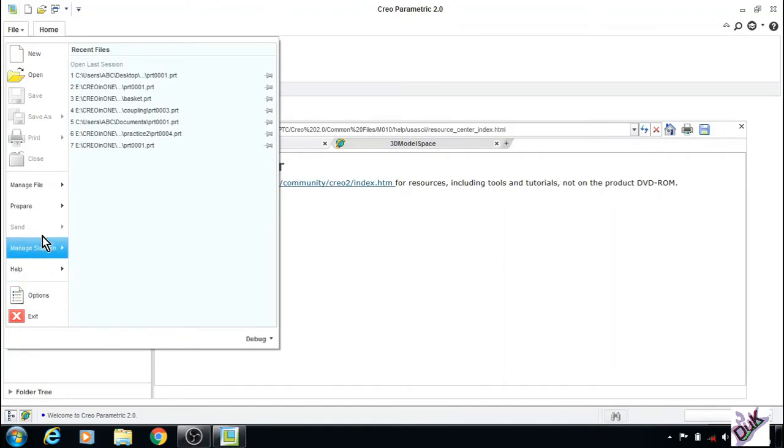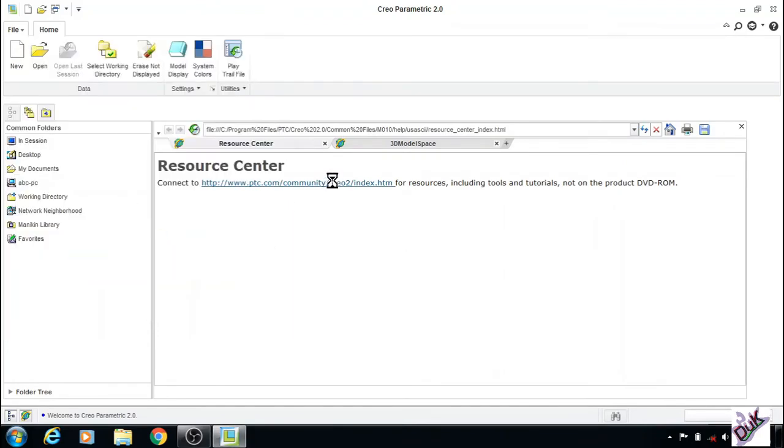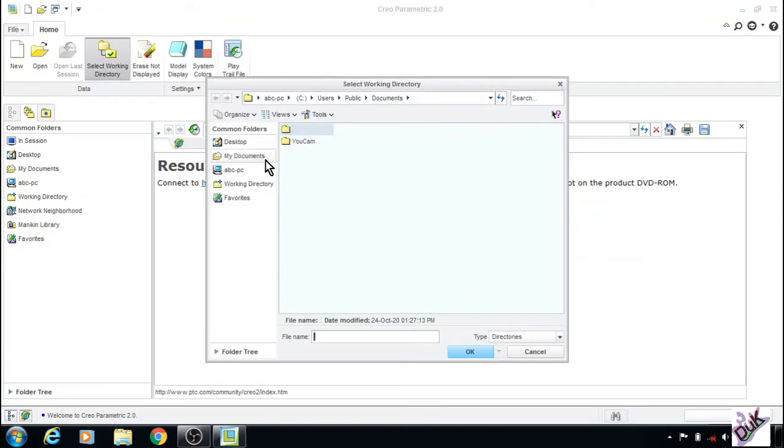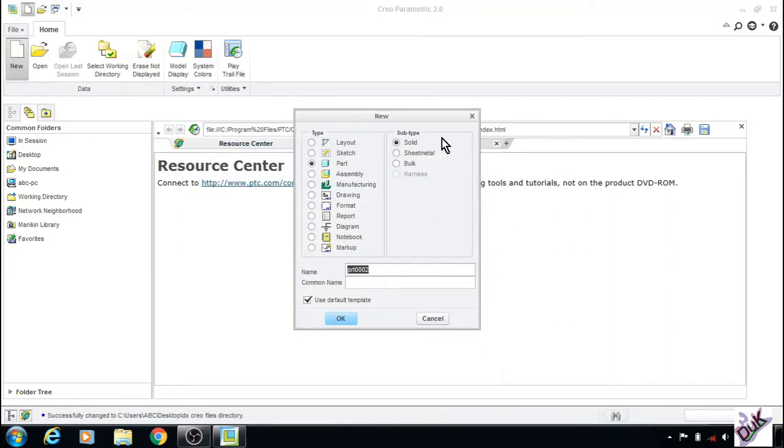Just go to File, Manage Session, select Working Directory. You can set the working directory other than a system drive, whatever your choice, but I prefer the desktop, a DX Creo file. Then go to New Session,